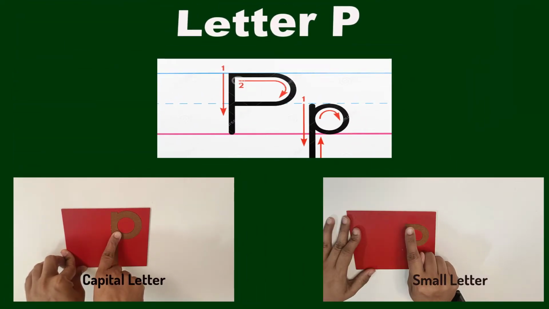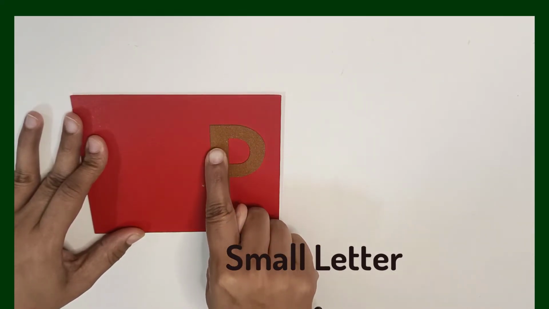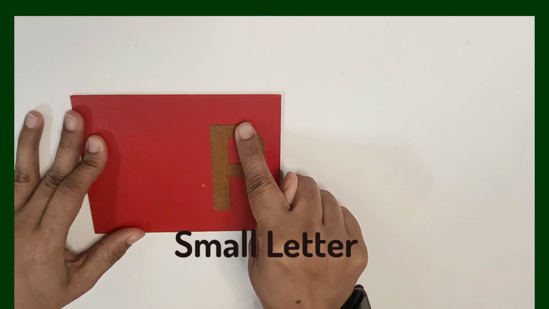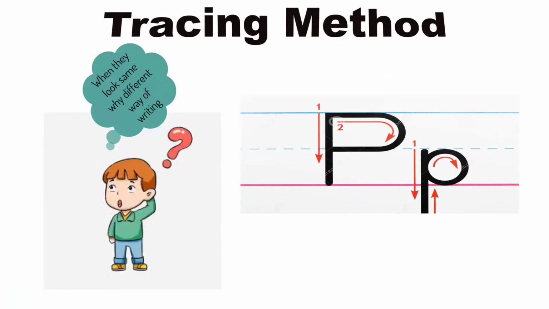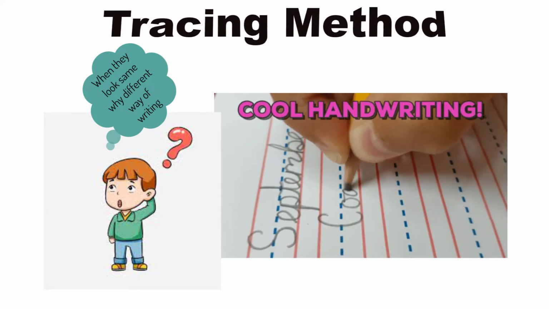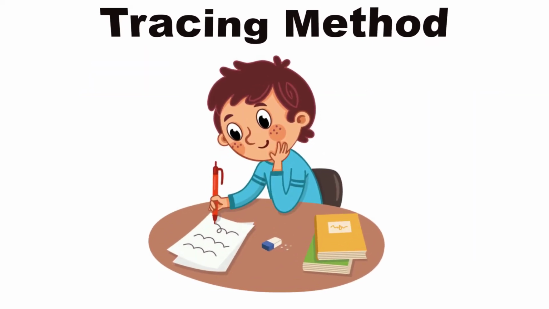While tracing small letter P, write a standing line, go up on the same line to the starting point without lifting finger, and then write an inverted C curve at the top. In case your child is confused about different tracing patterns for upper and lower case when both look the same, it is because while writing 90% of the time we use lower case letters. Writing without lifting the pencil increases speed, which is very much needed in higher classes.